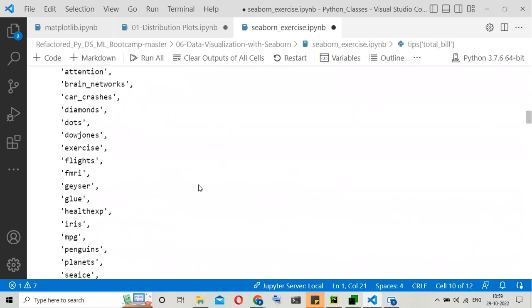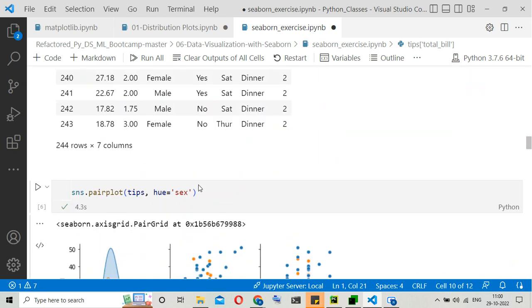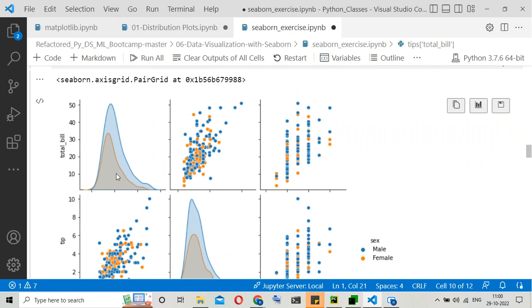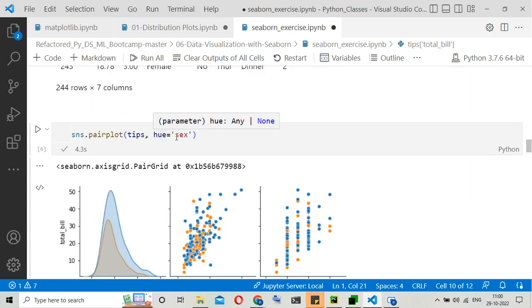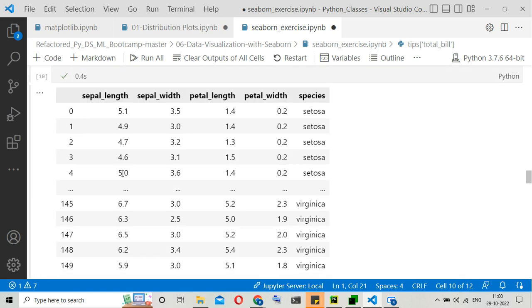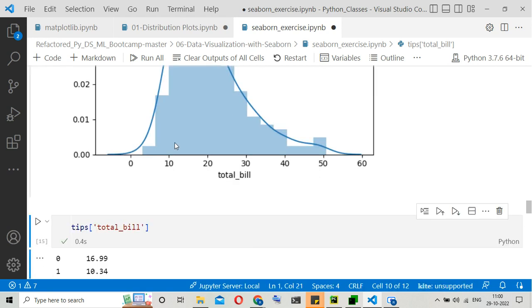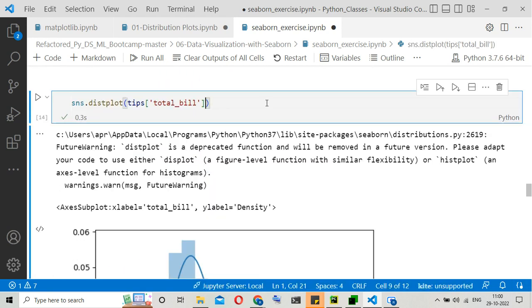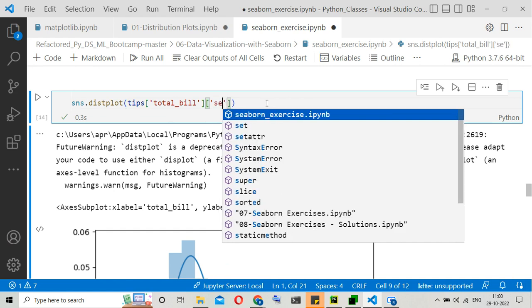Oh, it's gone somewhere. We can plot again maybe. Yeah, here actually. Total bill versus total bill is the distribution. And when we put this hue equal to sex, colors, it's just different categories. So obviously you can see this is one plot, total bill, but you can put a condition, saying sex is